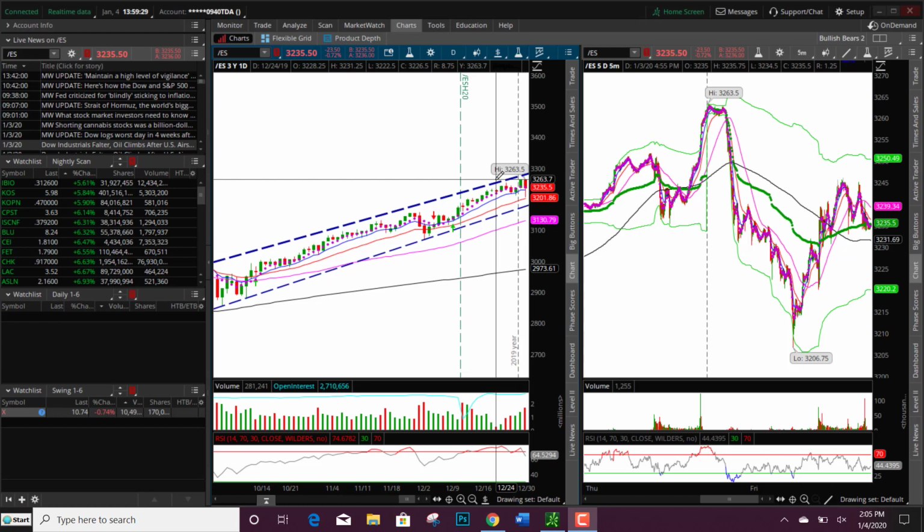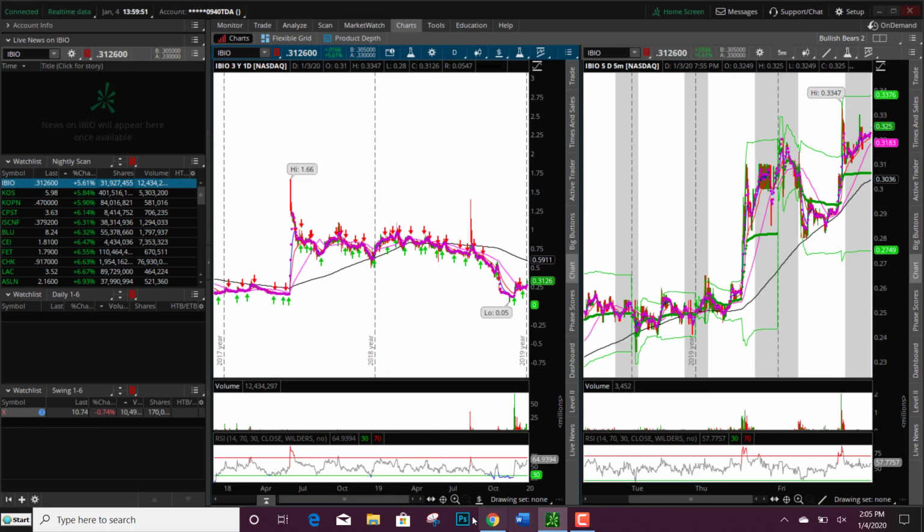So I have no idea what the stock market is going to do come Monday. Again, holding the 9 EMA on the daily would tell me that that's potentially bullish, but that tweezer top tells me it's potentially bearish. So who knows what it's going to do. We'll see if we can find any potential plays for Monday. And we have